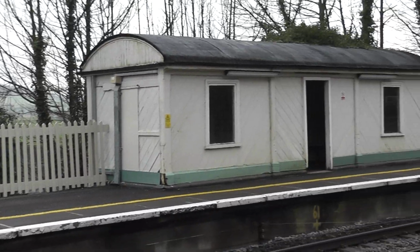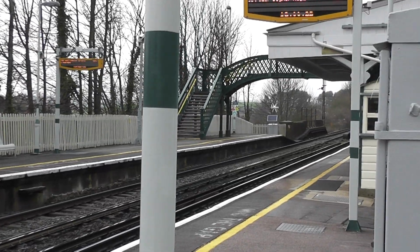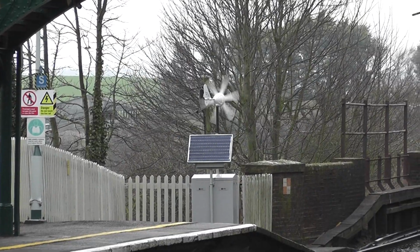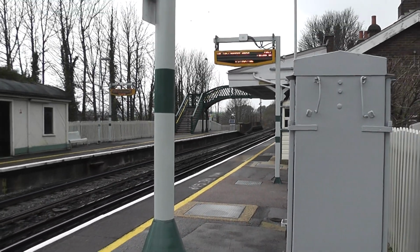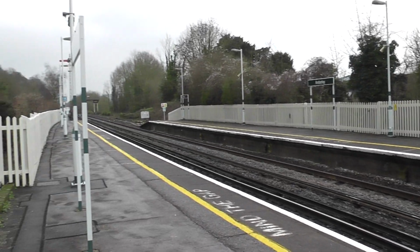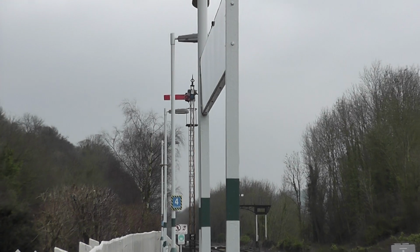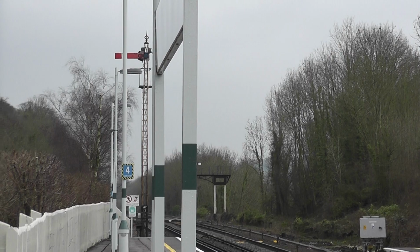Interesting little station this. Old railway carriage there making up a waiting room. It's actually manned because it has signals. So there's a mixture of modern technology over there with the solar panel and the wind farm. And behind me, some signals. Not often you see them on a modern railway. But as I say, the guy behind me, who may or may not mention that I shouldn't be filming, is